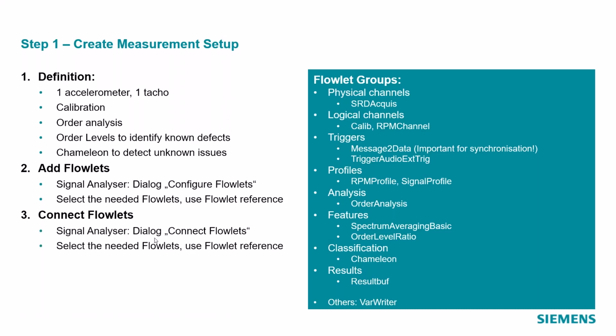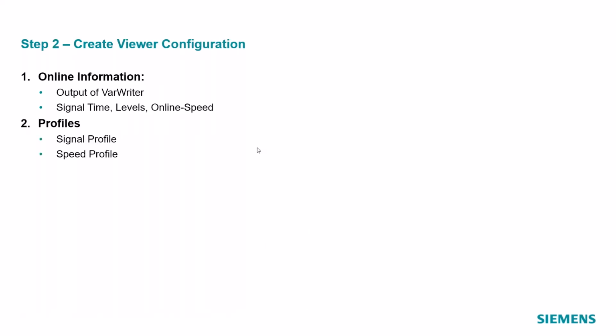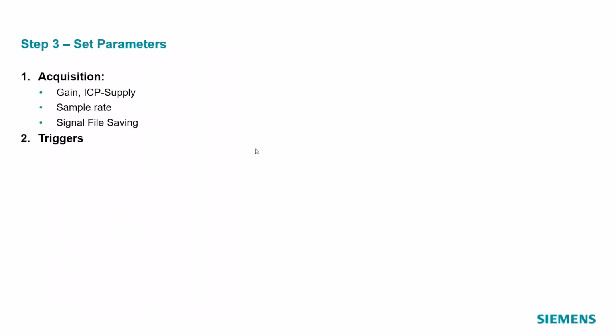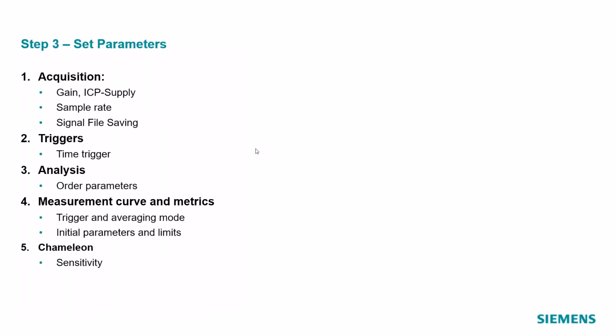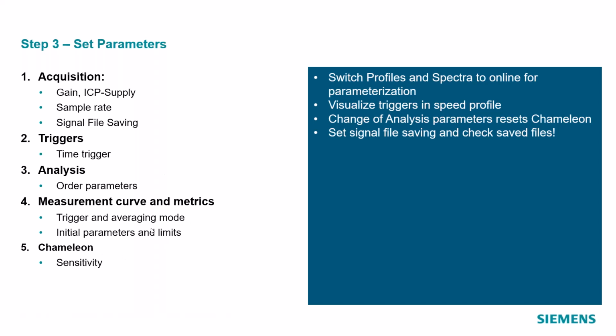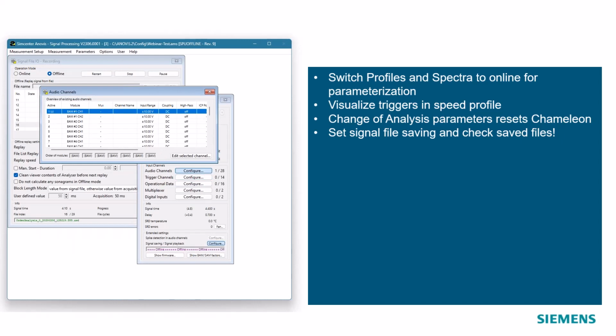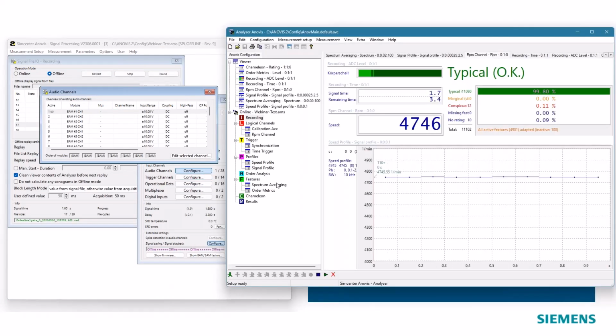I also put this together in some bullet points here: creating the viewer configuration. That was the part that we were doing here. And of course, setting parameters. That's something that I did not show in detail because not all of them can be set when I'm in offline mode, for example, setting the gain of the audio channel. This is something very typical for the commissioning, that we do not know in advance how loud a certain item is, how much vibration it creates. So we usually set an arbitrary value, and then during the commissioning, we adjust this to real life. Therefore, we look at the bar level and set the input range in a way that it fits.